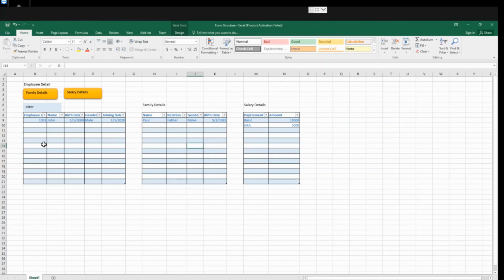Now what we have to do, we have to go back to our first form. We have to create 2 buttons. In that 2 buttons we have to attach the menu item for these forms. So if I click on this button, this form should open. If I click on this button, this form should open. So we'll create these buttons in our action pane and we'll attach the menu item.